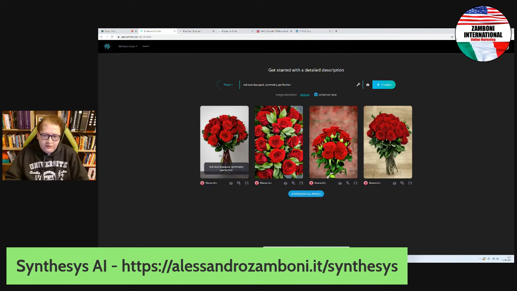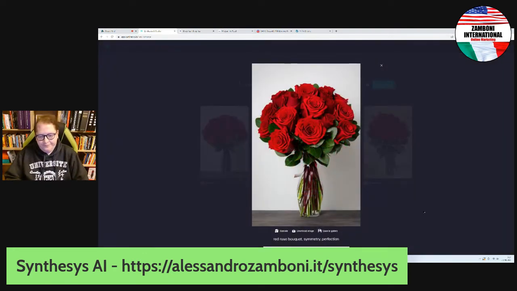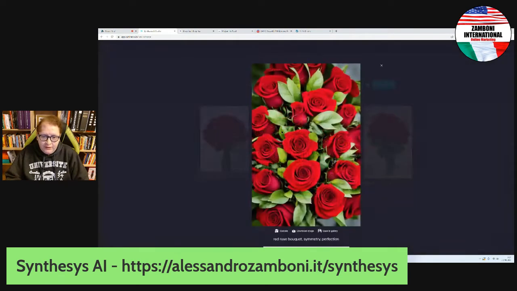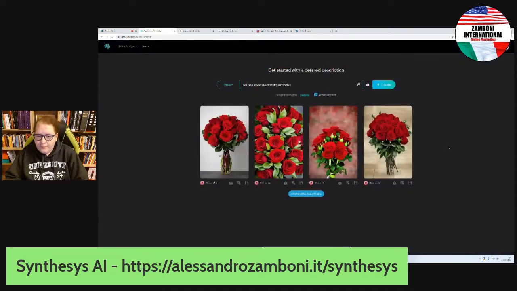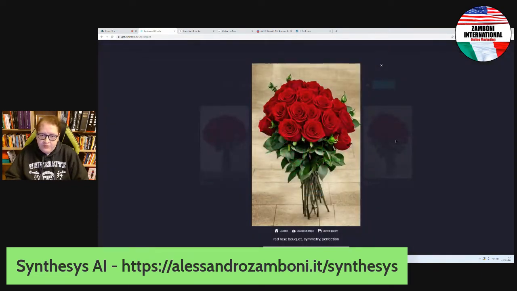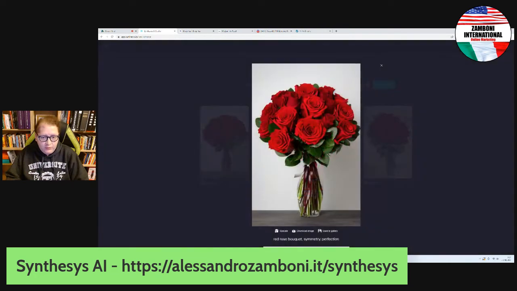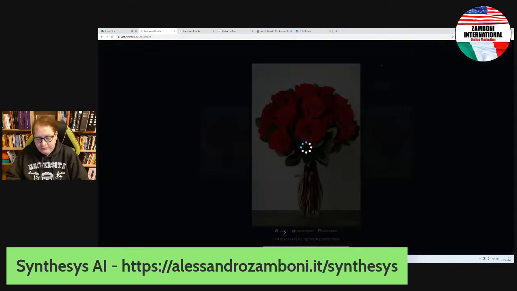Okay, so here you can see there's a really good one. I didn't specify I wanted them in a vase, but here it was added. I really like this one. I really like this one as well. And this one especially. This one is great. Probably there are those two things to adjust and remove. You can do it with the tools included in photopea.com or on Photoshop. Anyway, when you like one design, you click here to upscale.